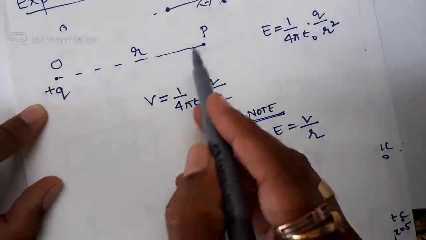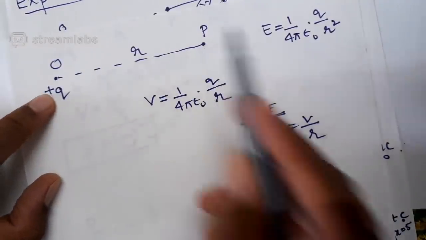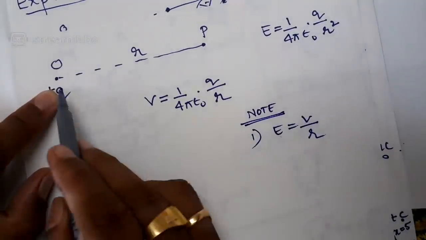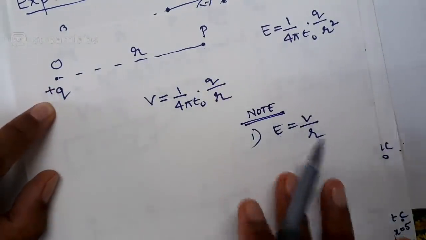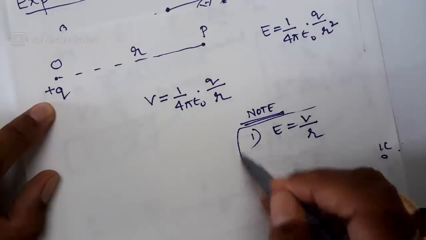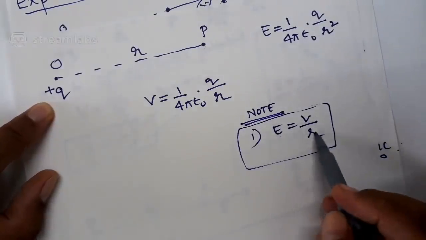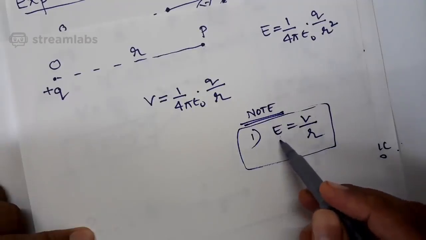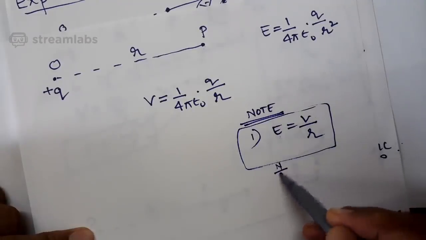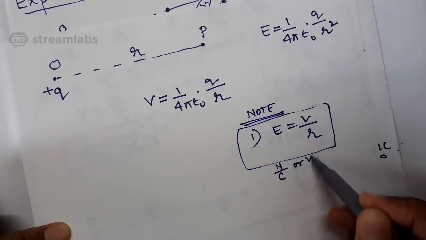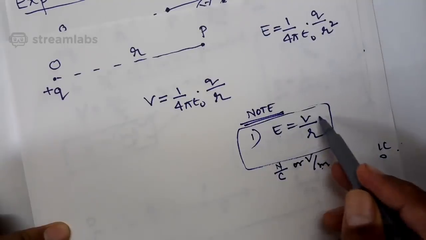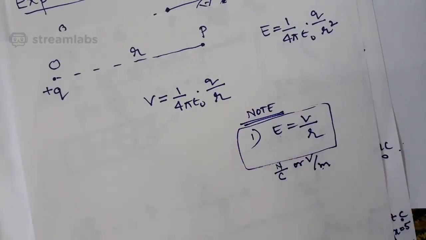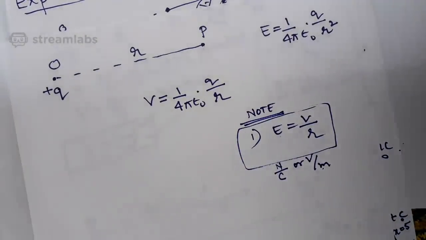In this formula, E is the electric intensity at point P due to a plus q charge and V is the electric potential at point P due to a plus q charge, where r is the distance of the point from the plus q charge. Under that condition, this relation is valid. Now see, like the previous discussion, what are the units of electric intensity? Newton per coulomb, which you already know, and one more alternative, volt per meter. It is clear from this formula also. V is volt and r is meter. This is one highlighting point.